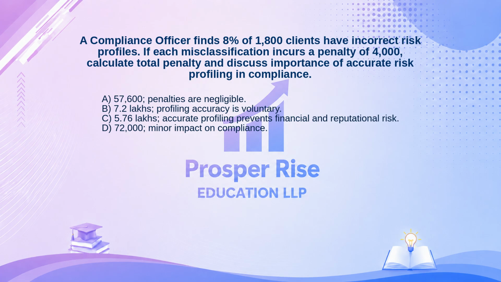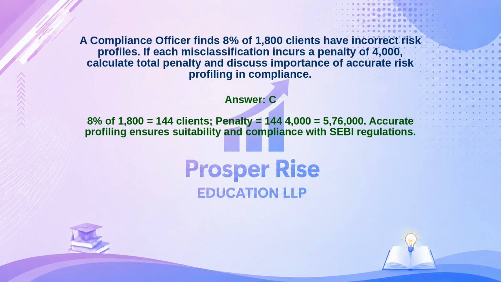B. 7.2 lakhs, profiling accuracy is voluntary. C. 5.76 lakhs, accurate profiling prevents financial and reputational risk. Or D. 72,000, minor impact on compliance. Take a moment to pause the video and decide. The correct answer is